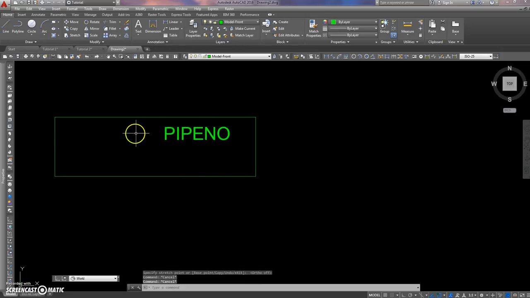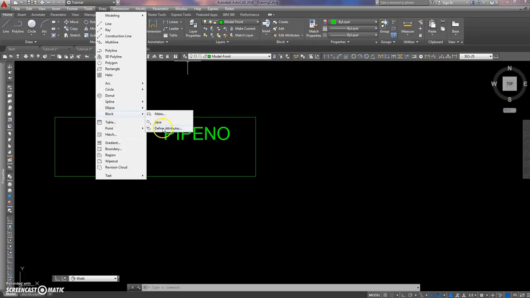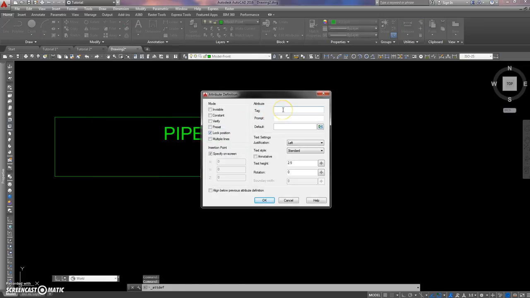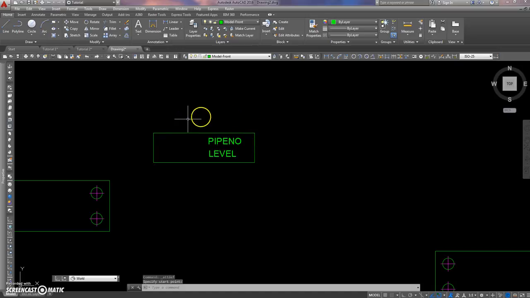We could have another attribute, so we just go through the same process again. Define attributes. Tag might be level. Prompt be level. And the default might be 0.00. And again, we could change that here and now to 10, so that it comes out a bit better. And there we are. We've got a nice little tag ready to go, ready to be made into a block,